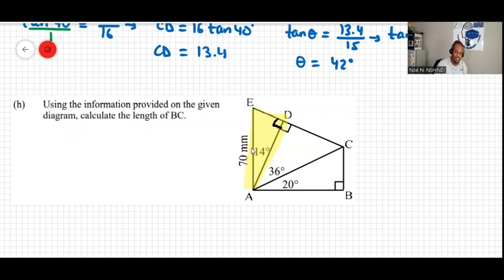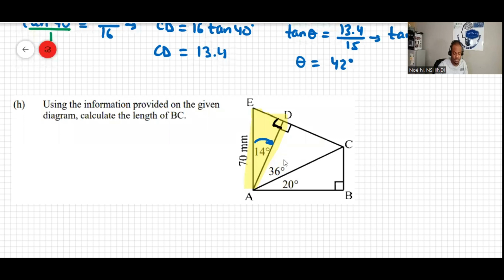We have also one side given, and one angle, this angle is 14 degrees. One side and, this way. So if I need to find this side, this one,